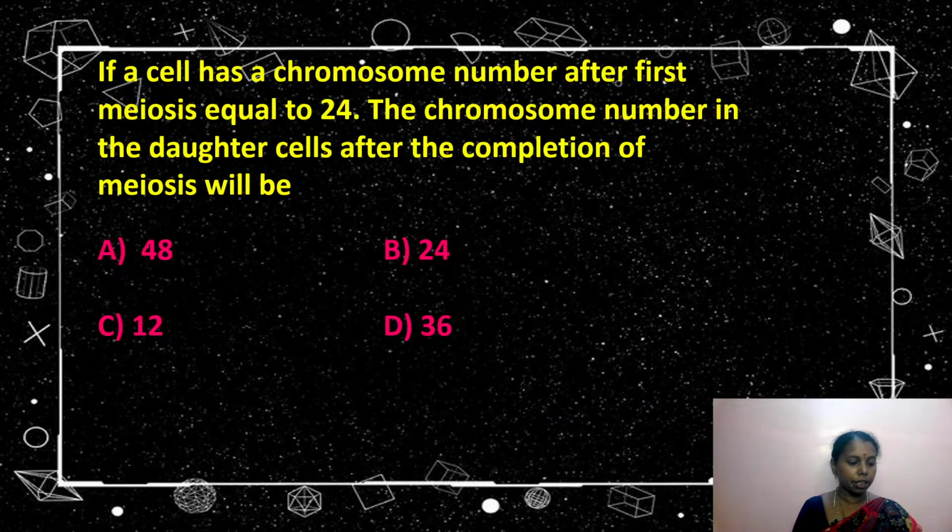Yes, come on, Vishnu Shri and Lakshita. Yes, Tarunika answered. After meiosis 1, they have given. And Sivashi answered. Lakshita answered. After meiosis 1, first meiosis is equal to 24, means the chromosome number in daughter cells will be. Yes, Vaishnavi answered. Yes, Kalpana answered. Jeevan answered.